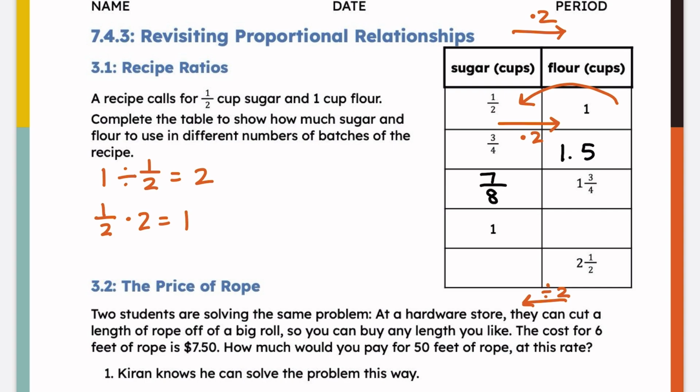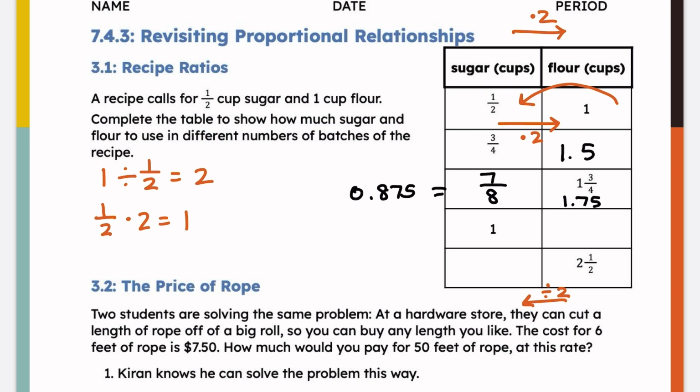You're welcome to use decimals if you prefer. Another way that I could have done this problem: if you can't remember how to type in the fraction 1 3/4 into your calculator, you can always make those conversions. 1 3/4 is equal to 1.75. So maybe instead, in my calculator, I would have typed in 1.75 divided by 2, and it would have given me